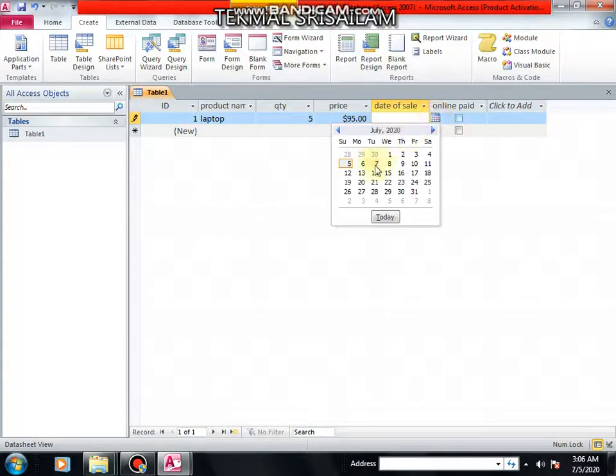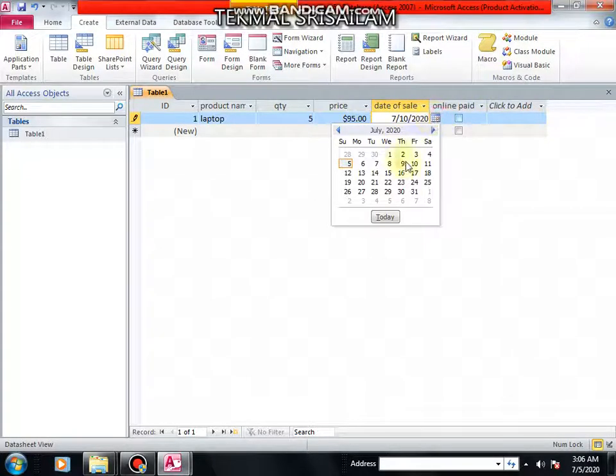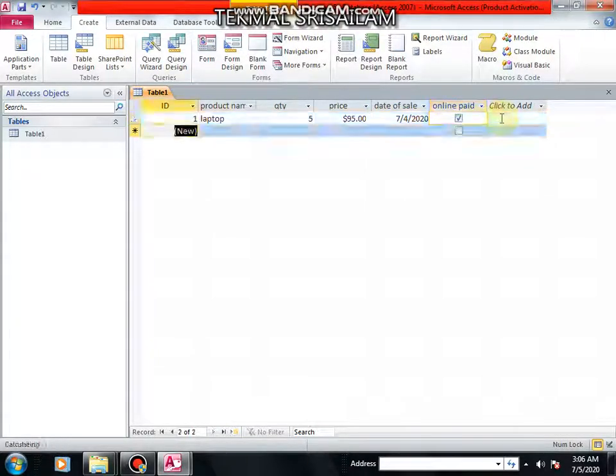Date of sale, choose the date. Online paid, yes. If it is yes, then tick mark, or else leave blank. Use enter. As you can see, a new row was automatically created here. Now it's ready for accepting a new record. Like this, we can give as many records as we need.